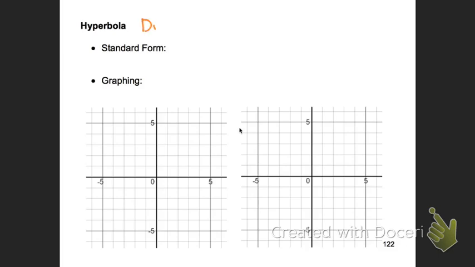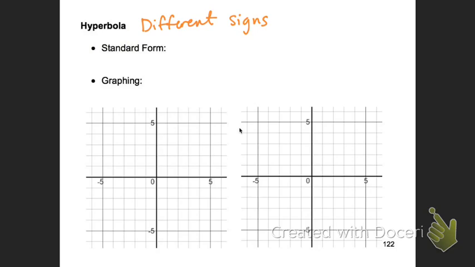Same sign, different signs. And can they be the same number? Yeah, sure. They can be the same or different. It doesn't matter. But one has to be positive, one has to be negative. Okay? So the way that you determine standard form, there's 2 different ways, and I'm going to draw 2 different